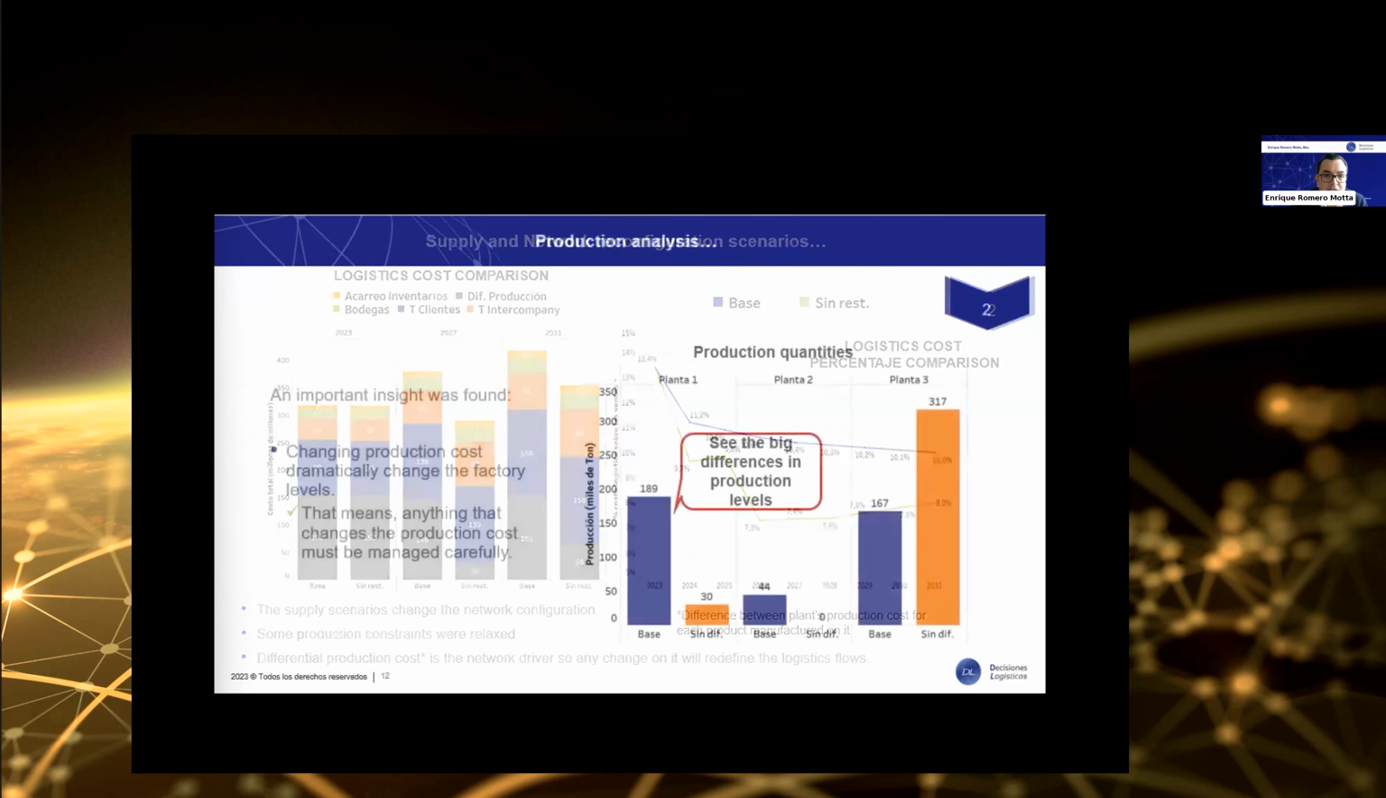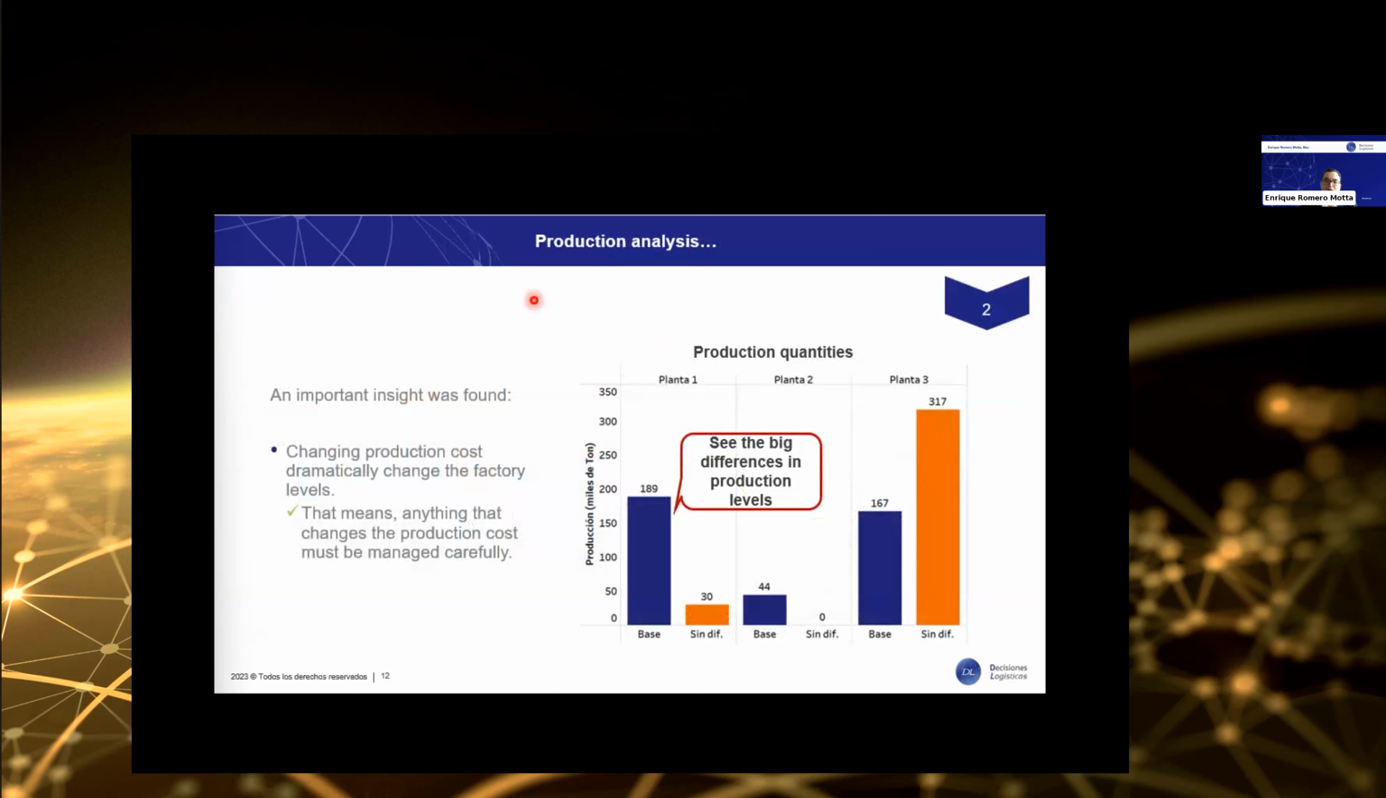As you see right there, the production quantities were quite affected because of the production cost. So we decided to relax the production constraint. I'm talking about the production cost. We are not using, in fact, the production cost itself, but the differential production cost, which is the way that every single manufacturing facility will produce and at what cost each facility can do it. So here, for instance, we already notice a big difference in production levels when we relax